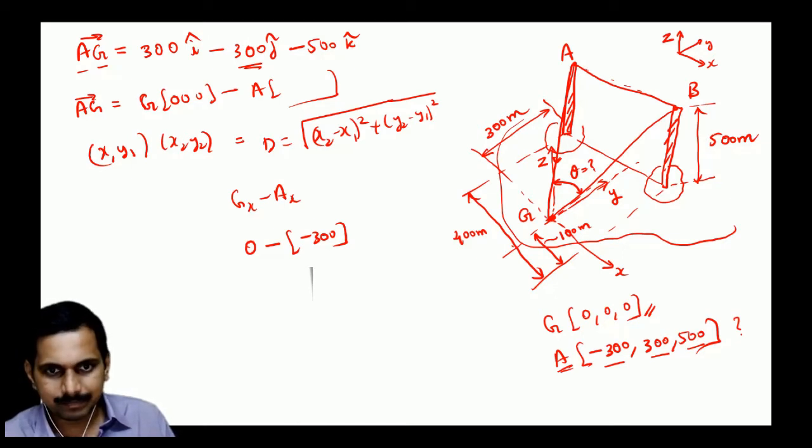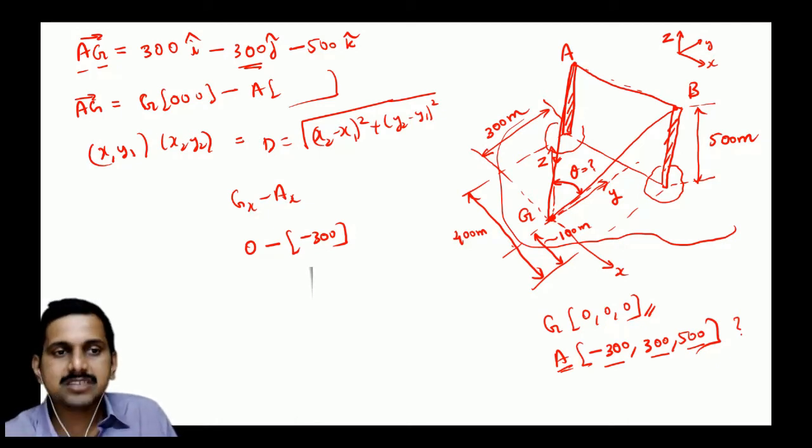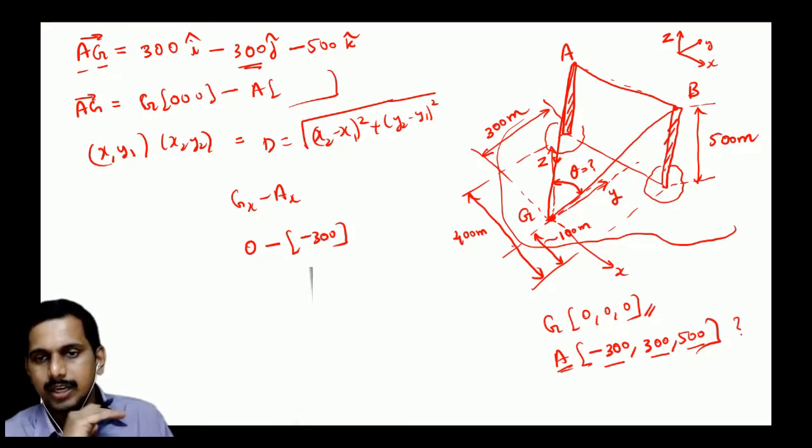Now convinced here? Don't worry about tension now, because we are not worried about tension. Have they asked us to find the tension? No. What they have asked is to find the angle. So what was AG? AG was the position vector, the distance vector. We are not worried about the forces here. Agreed?